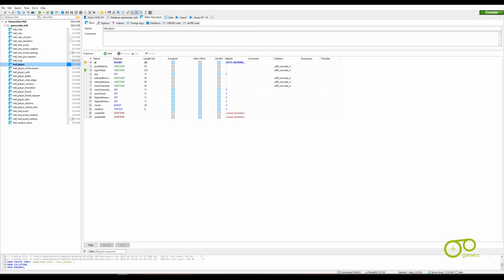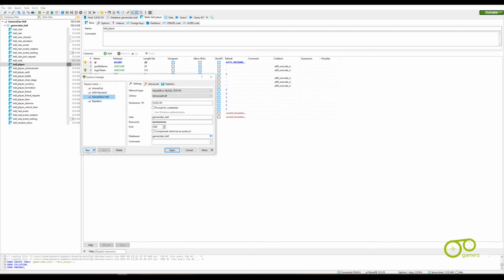You can just download it, install it, and go to file, session manager, create a new session, test db, and for hostname IP,